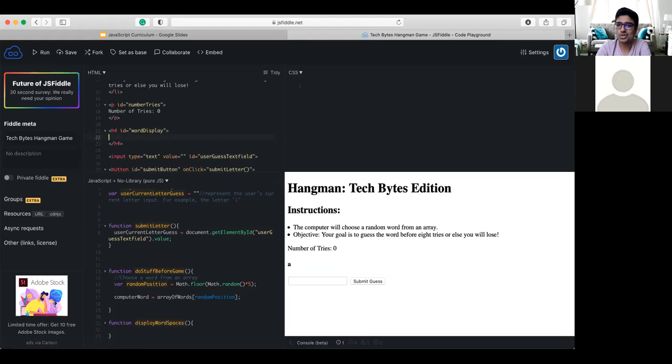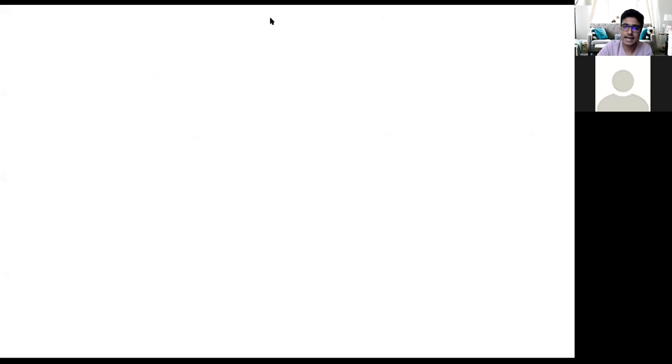So now that we have an actual placeholder, an actual area for us to display it, how about we get started? So guys, what I'm going to do is open up our whiteboard again to go through the logic of how we're going to accomplish that task. How about we have an initial word? Our computer word, I'll say, is equal to the word bat. Pretty simple 3-letter word, right? Now, our final goal is to display, when our game begins, 3 underscores representing 3 separate letters that have to be guessed by the user correctly in order for them to win.